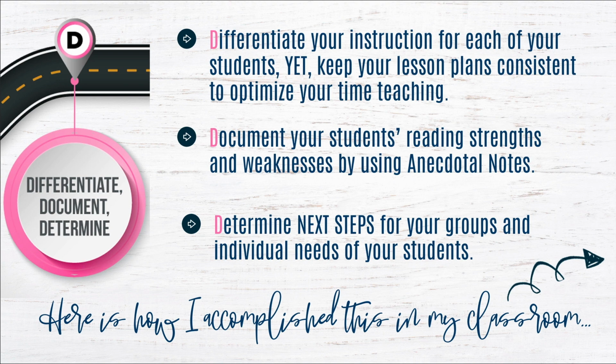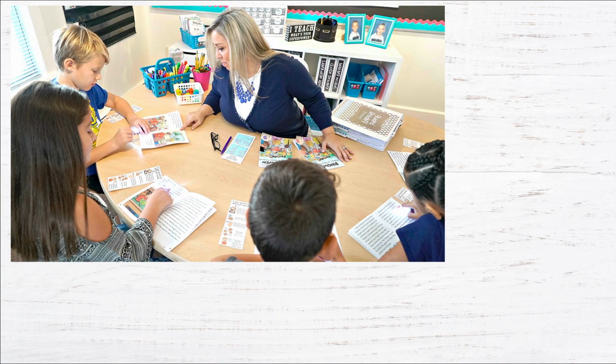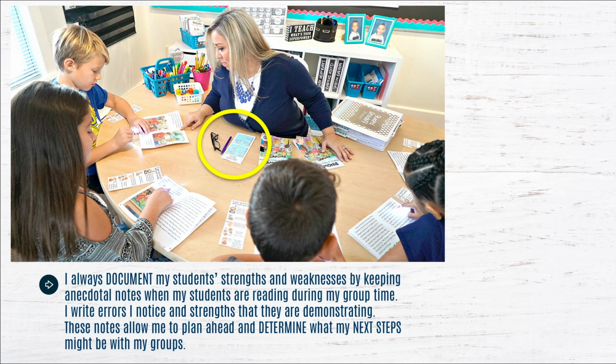They're helping you to determine your next steps for your group or individual needs of your students. Let's talk about how I accomplish that in my classroom. The way I accomplish that in my classroom, number 1, is right here, as you can see with the yellow